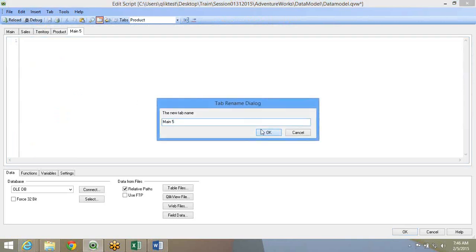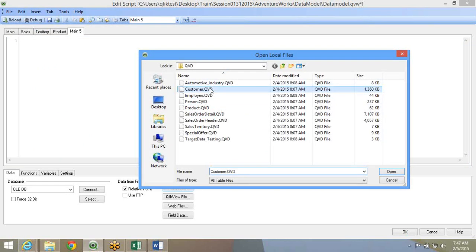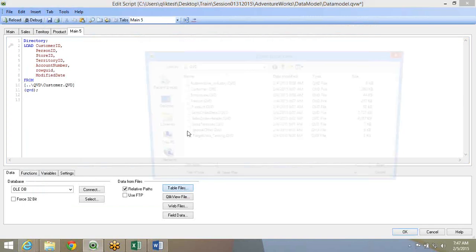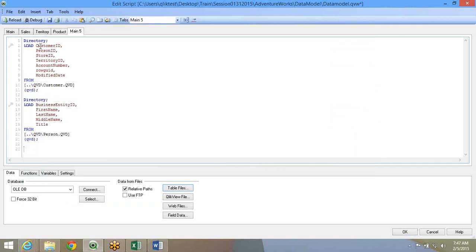Then we'll try to bring in a couple more QVDs, customer and person. I'll bring in both in the same place because I have the customer name, customer ID. I need the customer name, right? So I might need that. Here, I know for a fact that this is my customer table. In my customer table, I have the territory ID which the customer belongs to.